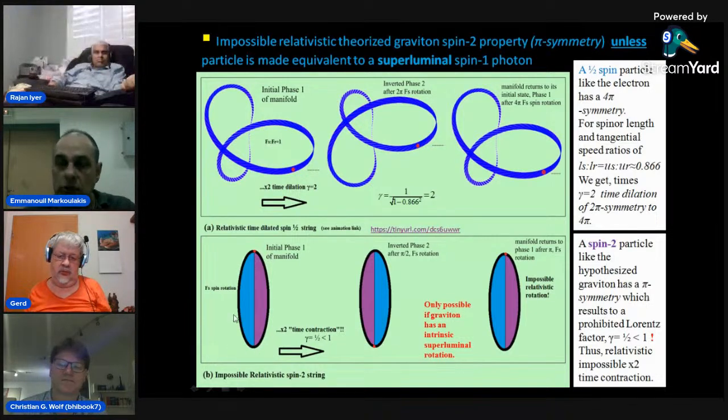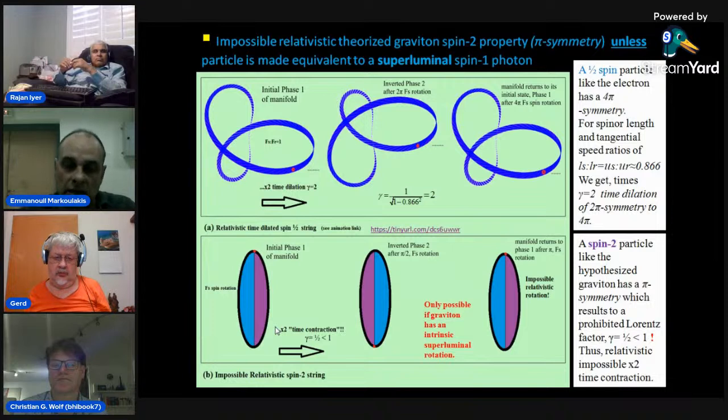Topologically, it's a rotating circle. So this is the shape actually of the manifold of the graviton and the normal photon. The only difference is spin 2 is a superluminal photon, so that now the tangential velocity is faster than c, and we do the same analysis